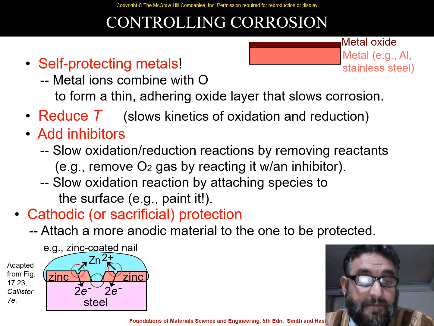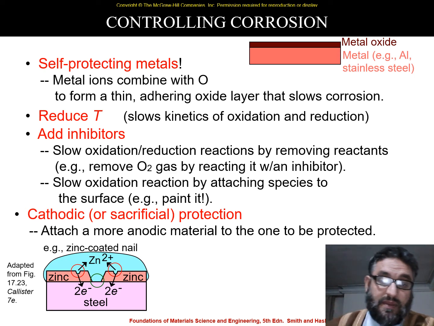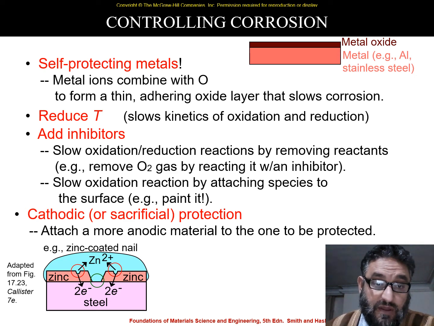So for example here, the zinc will be available in the neighborhood of stainless steel, and we make electrical connectivity between them. If the environment is suitable for corrosion, the zinc will be corroded to provide stainless steel